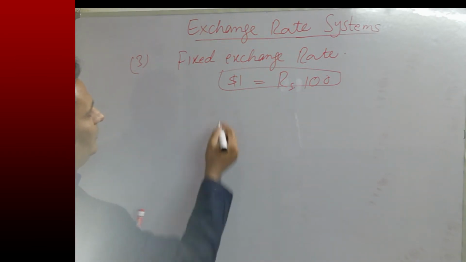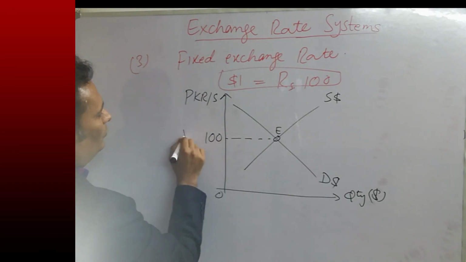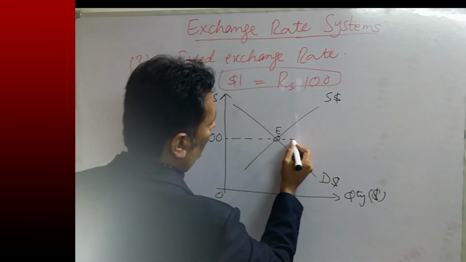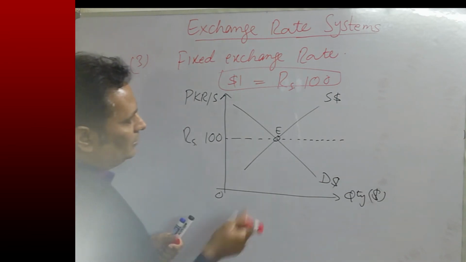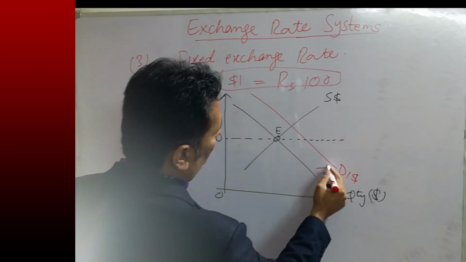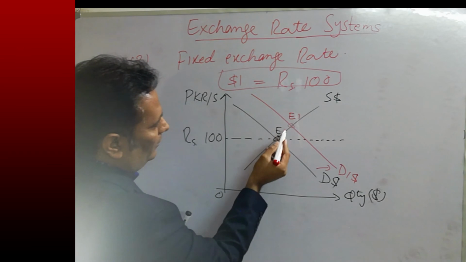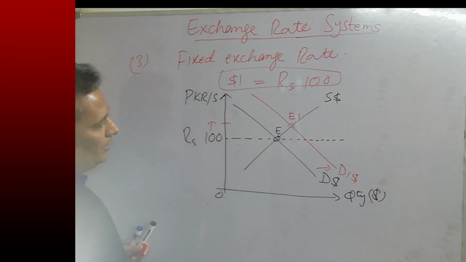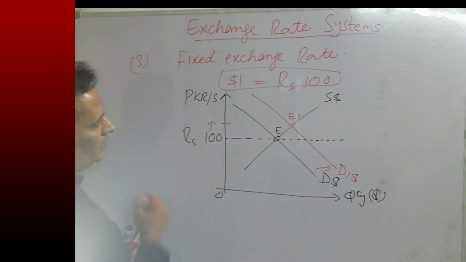How central bank keeps it at fixed level, we can see it graphically. So 100 Pak rupees is the dollar exchange rate. So if it is fixed by the central bank, then it will remain fixed throughout the period. If there is rise in demand for dollar, then we can see that demand for dollars will shift to the right and new equilibrium will change to A1, and exchange rate of currency is expected to rise above 100 because new exchange rate will be this much, which is greater than 100.